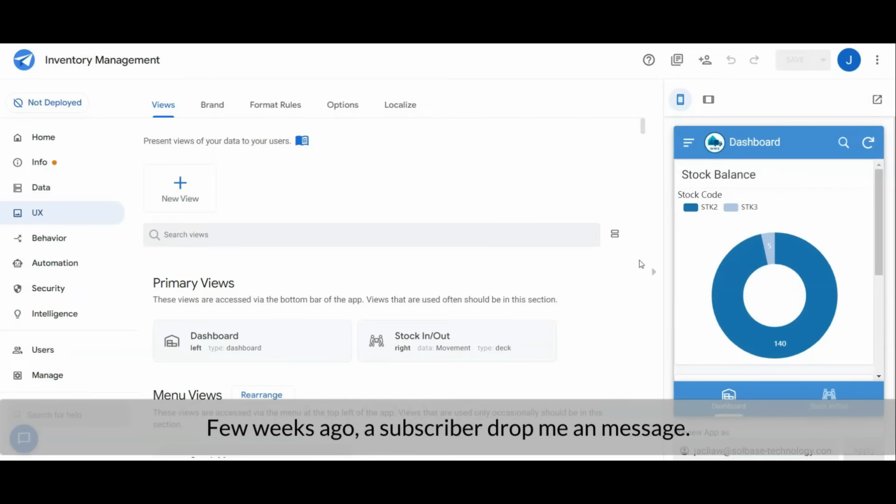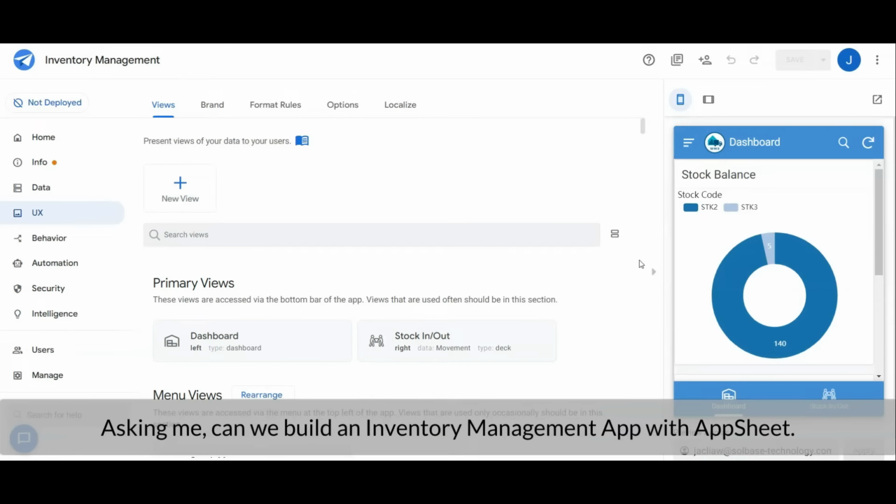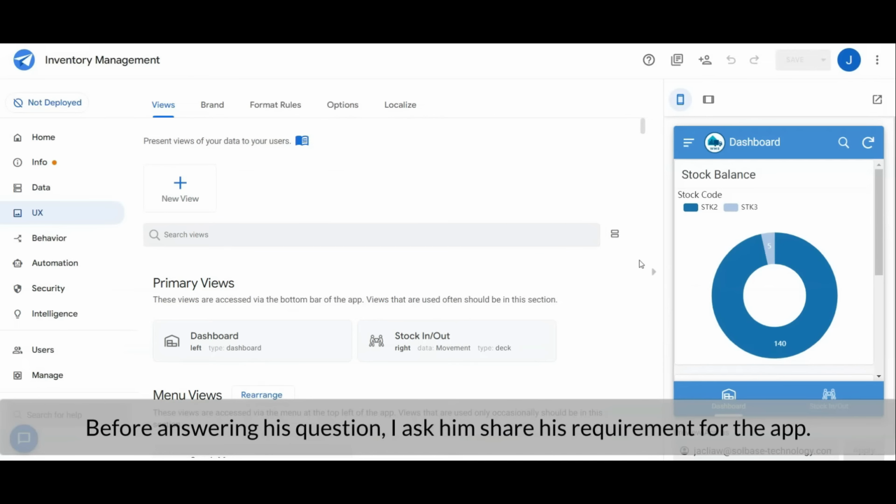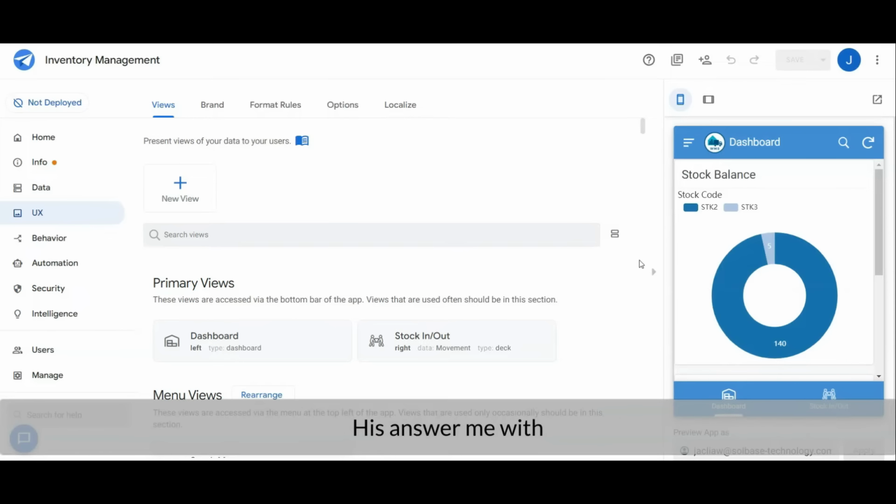A few weeks ago, a subscriber dropped me a message asking, can we build an inventory management app with AppSheet? Before answering his question, I asked him to share his requirements for the app. He answered me with,